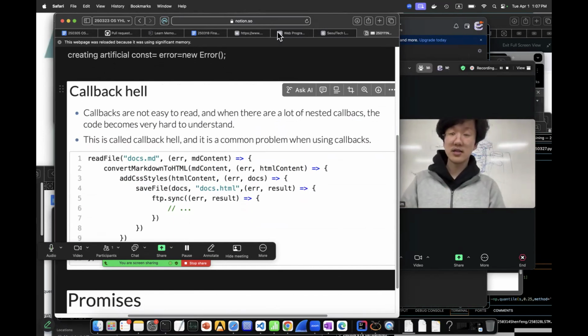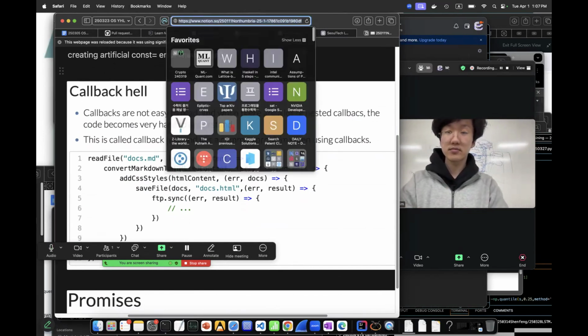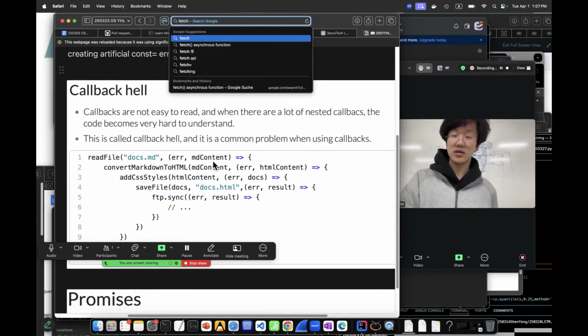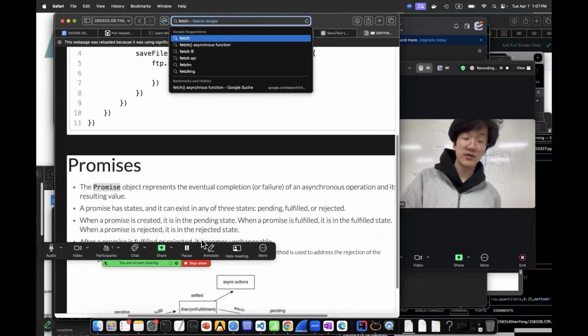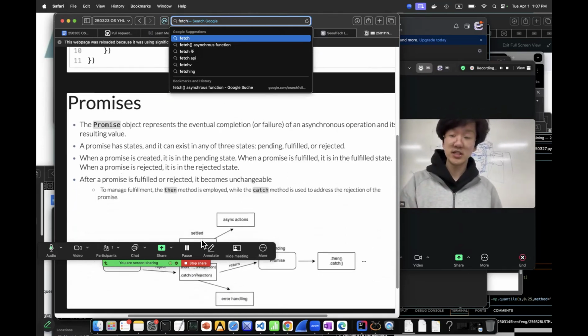Read file, and then it calls another one with the HTML content, and it calls another to add CSS styles, which takes a different argument, and it calls another for files, which takes a different argument. Then it gets really very messy.